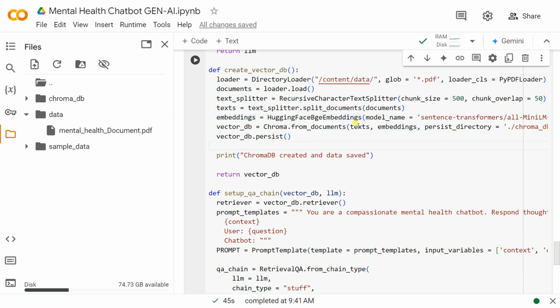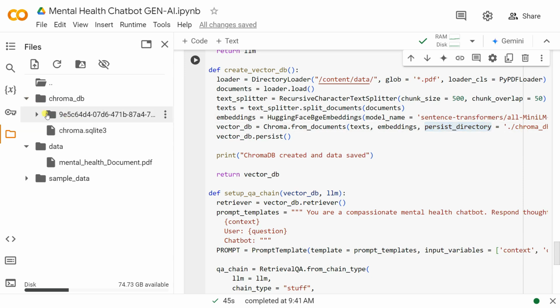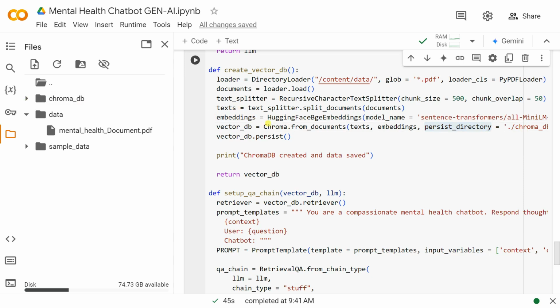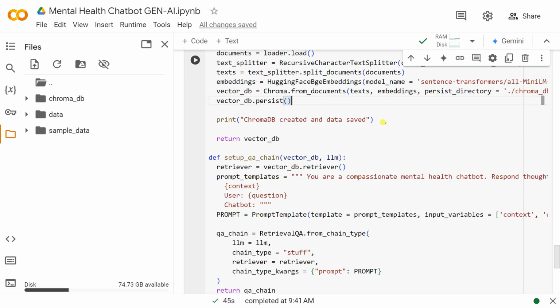तो ChromaDB ने क्या किया, उसके अंदर टेक्स्ट और एम्बेडिंग को एक साथ लिया। इसके बाद हमने एक persist डायरेक्टरी क्रिएट किया है ChromaDB के लिए। देखो यहाँ पर आपको मिल जाएगा ChromaDB। तो यह इंटरनली SQLite 3 को यूज करता है। इसके बाद हमने यहाँ पर persist यूज किया है क्योंकि हम जिस वर्क डायरेक्टरी में काम कर रहे हैं, उसके अंदर जस्ट क्रिएट हो जाए। ओके, इसके बाद हमने यहाँ पर एक स्टेटमेंट दिया है, ChromaDB Created बोल के।